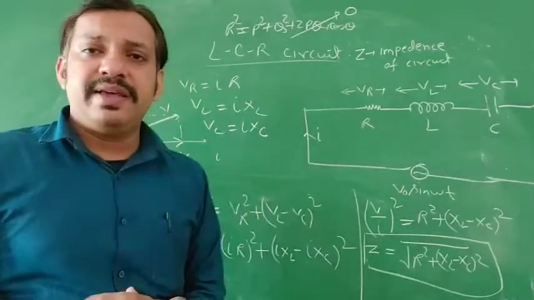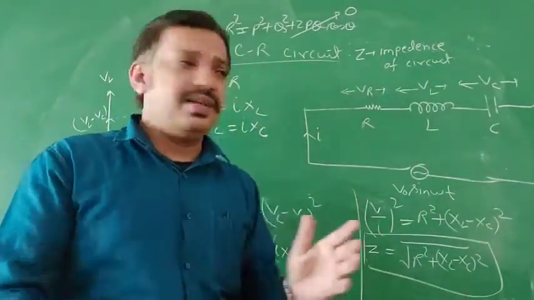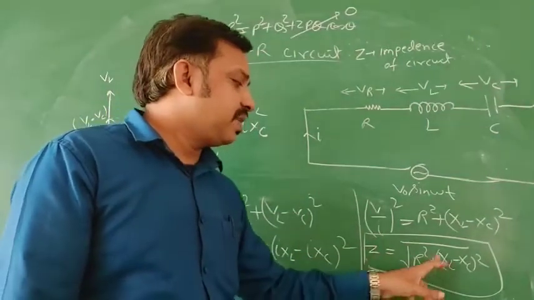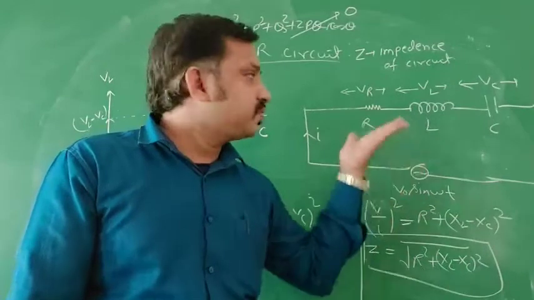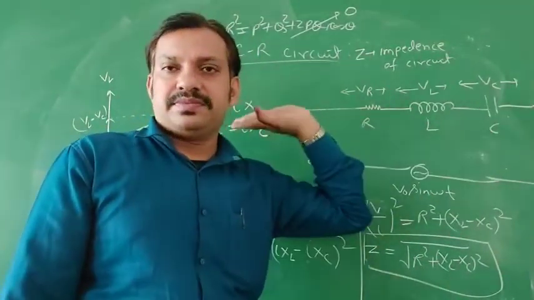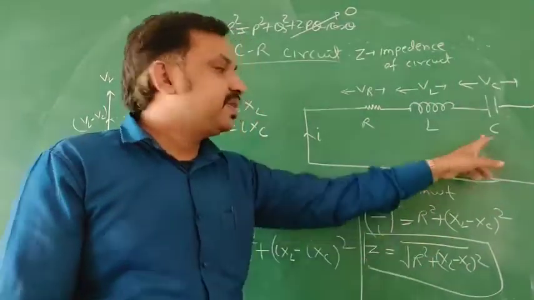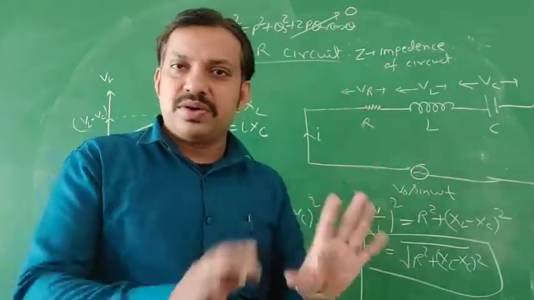And why I'm saying, if you know the single LCR circuit, you can form any kind of phasor. Just see the expression Z is equal to under root R square plus XL minus XC whole square. So this is the resistance offered by this combination. Suppose in this combination the capacitor is absent. If the capacitor is absent, the circuit contains only resistor and inductor. So this is the combination.